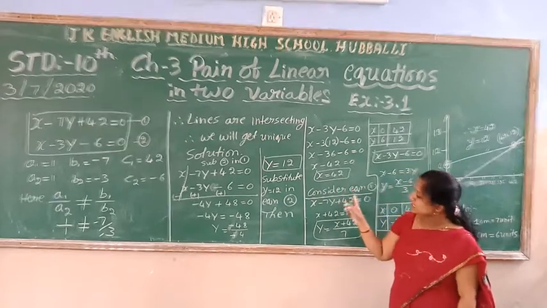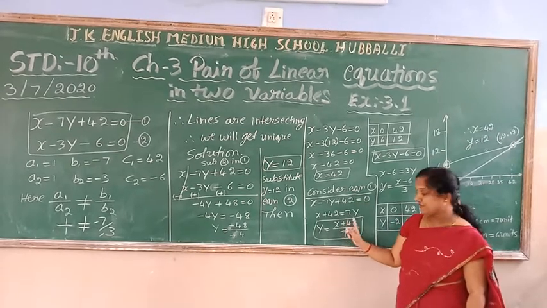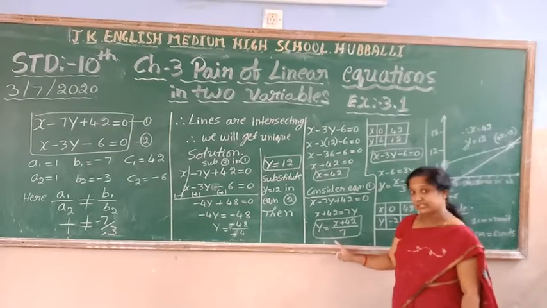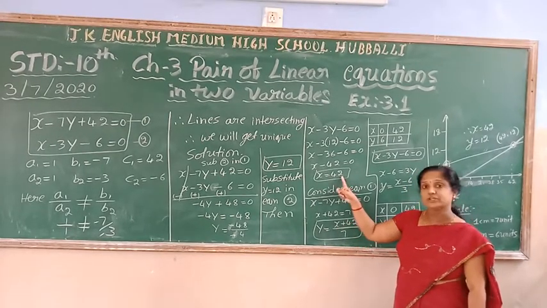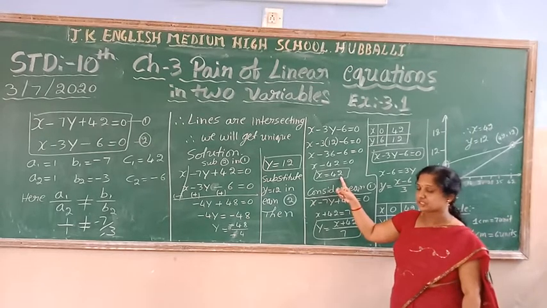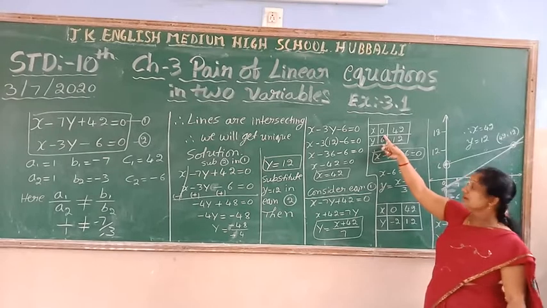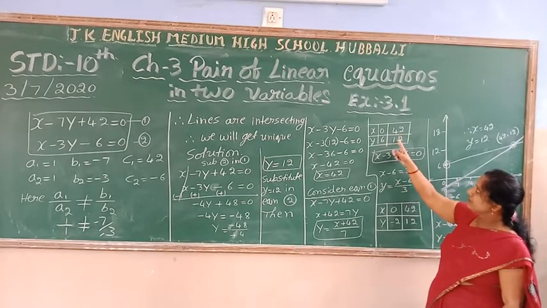Now I am going to consider any one of the equations. The first equation I will consider, and I will convert it in the form of y. You already know how to plot the graph. I will convert it in the form of y. Then I will substitute the value. Compulsorily, I have to give the value 42 because it is the solution. Any other value can be given. Give only two values now, here 0 and 42. And I simplified. See now, 42 and 12 have come.